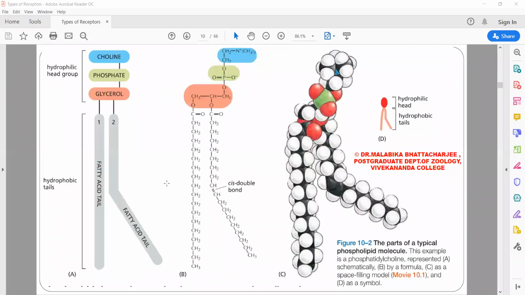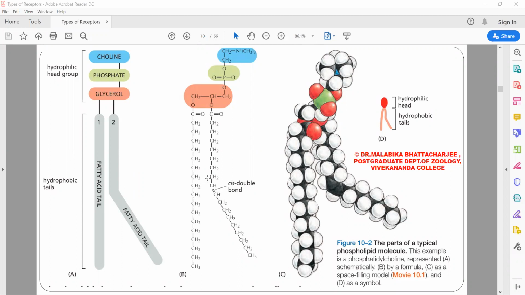So let's look into this fatty acid. So this is a fatty acid molecule. This is the hydrophilic head, and this is the tail. You can see the tail. The tail is made up of CH2 and CH3. And this is the hydrophilic head. So the lipid bilayer is made up of joining of this kind of individual lipid molecules. There is a bend in the fatty acid structure where there is an unsaturated bond situated here.